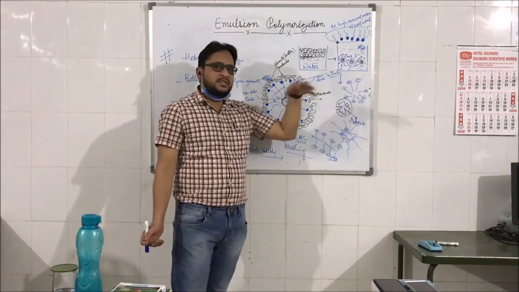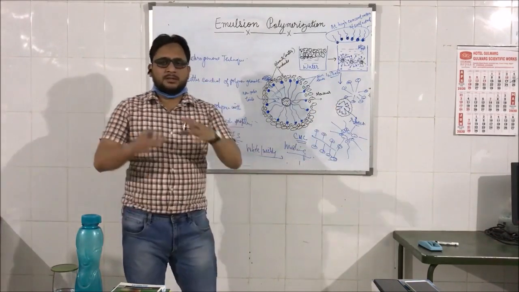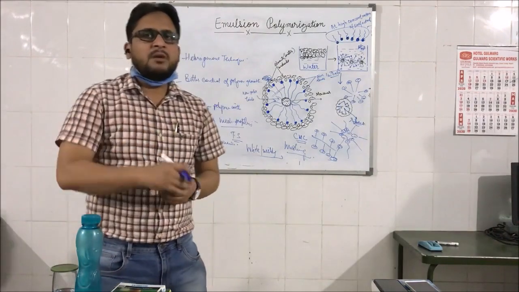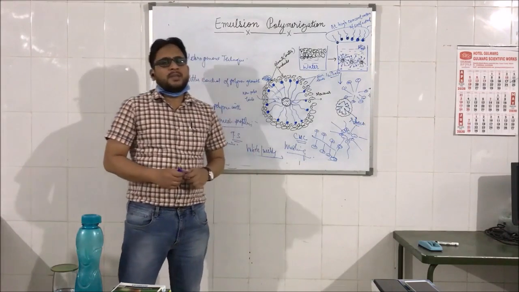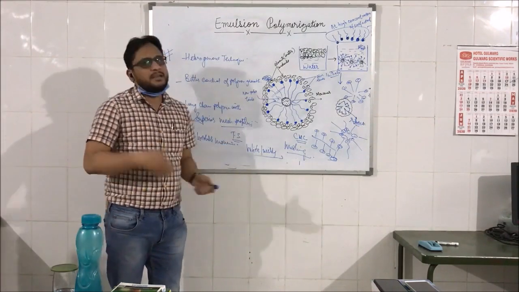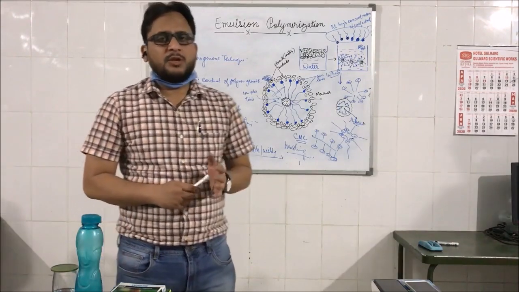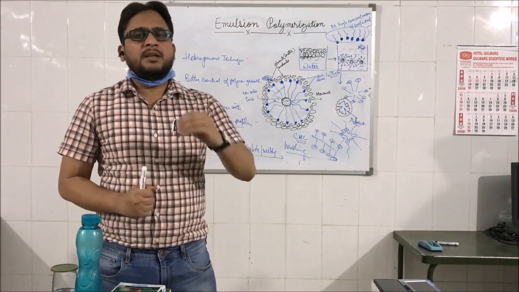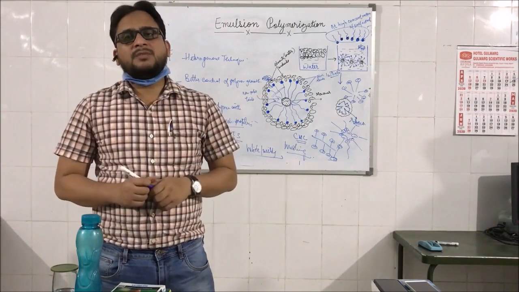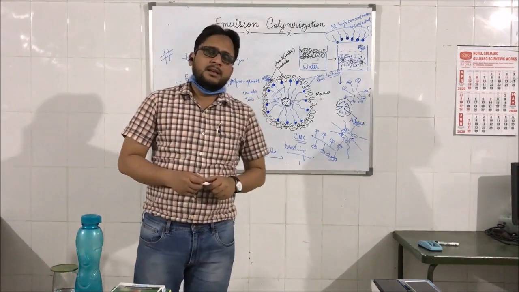The polymers immediately come out, forming a white milky solution. The surfactant molecules are removed by washing. This white milky solution can be directly used, or it can first be separated and then used. So this type of polymerization is used for making many types of polymers, and it gives very good control of polymer growth and very good arrangement of atoms and groups. So this is all about the emulsion polymerization technique.